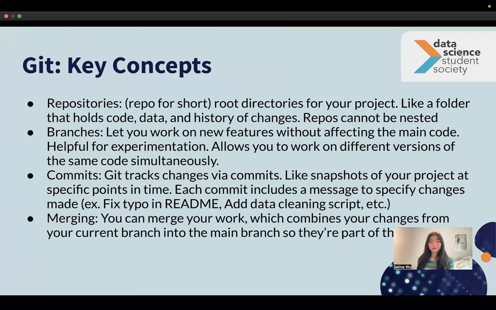And then branches, they let you create branches of a repository. So this lets you work on new features without affecting the main code. And this is pretty helpful for experimentation because you can work on different versions of the same code simultaneously without affecting your actual code. So you can keep it if you want or you don't have to. And if it ends up being good, you can merge it. So basically you can merge your branch from the current one into the main one so it becomes part